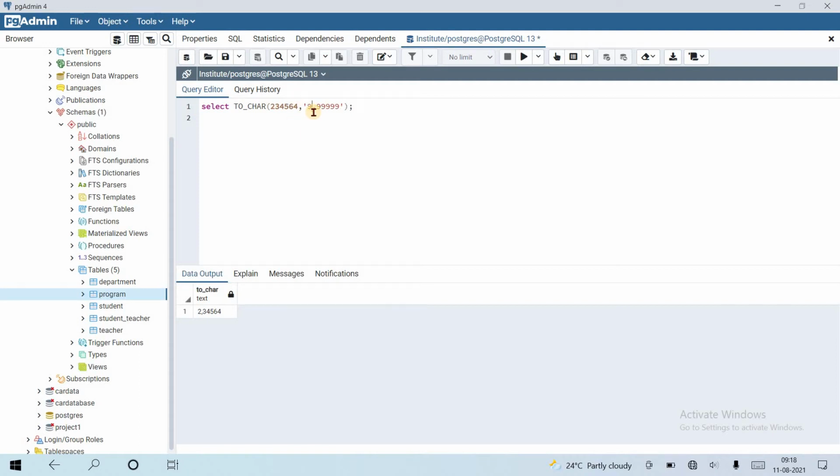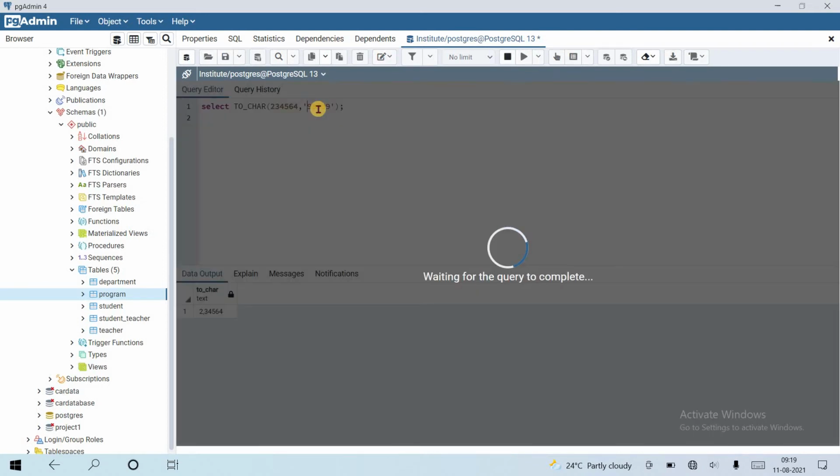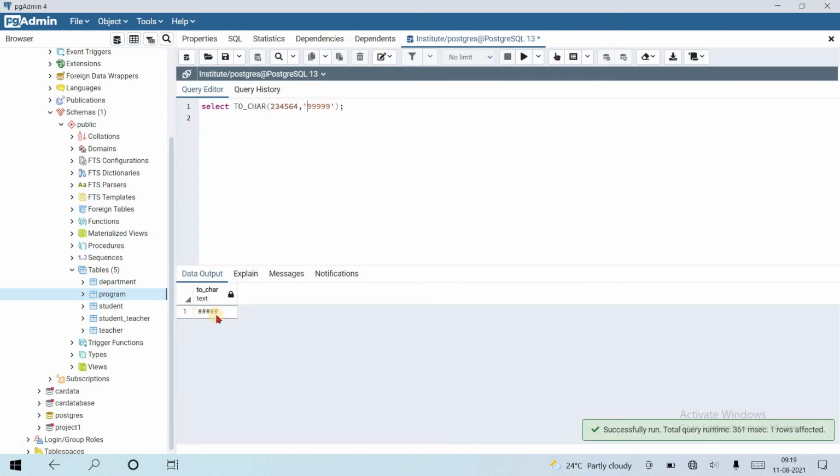Suppose I change this to 2, then you can see that there is no effect, which means it starts converting from the right. So it first takes 5 integers and then the comma and then the remaining 9s are here. If I delete 9s and keep only four 9s, then it gives hash hash, because it is not able to convert this big integer value into only 5 digits. That's it.